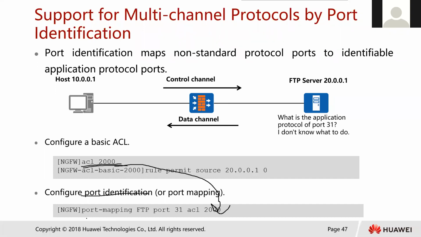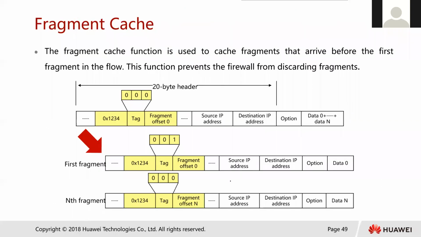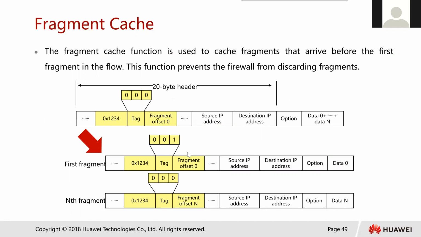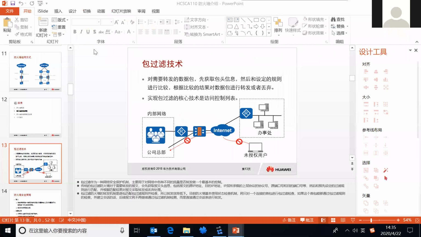If you need to do the port identification, use this command and add an ACL. Firstly, you need to create the ACL. I'll add it in this, and it will do it. So this is for our security policy. After we do this, then we need to know about the